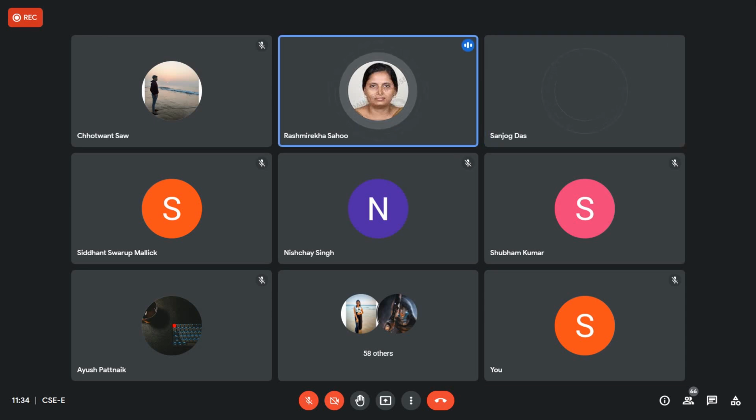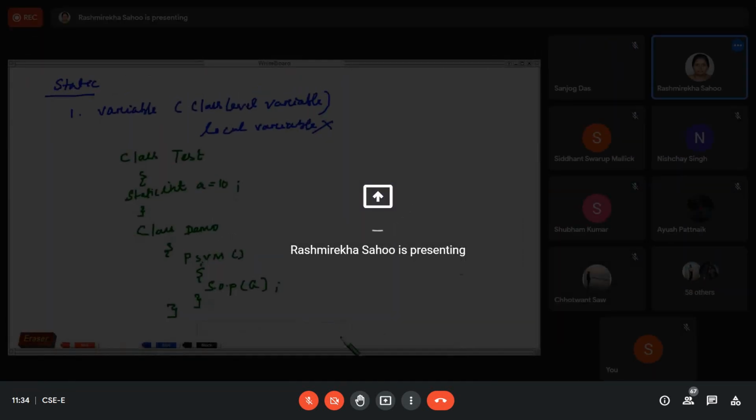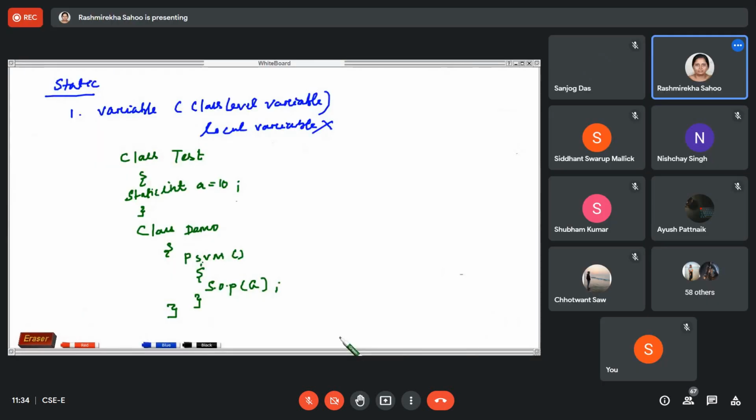So another example is for the counter purpose. For counter purpose also you can use that static variable. As I told you, that static variable gets memory only once in the class area at the time of loading.